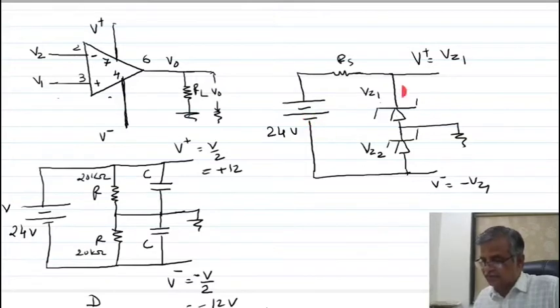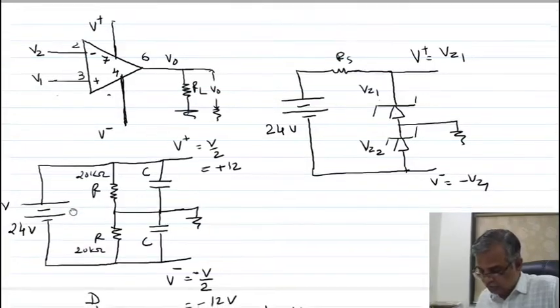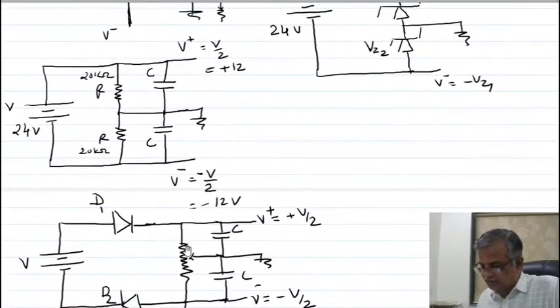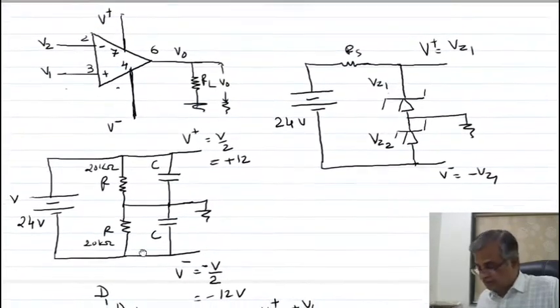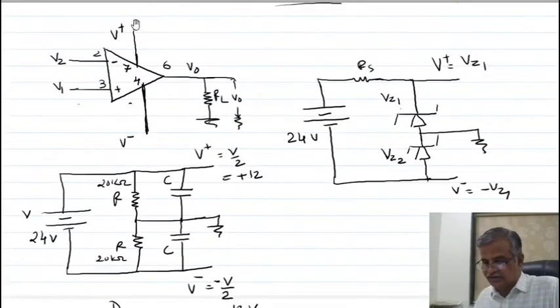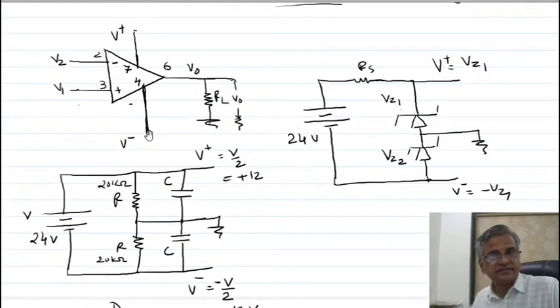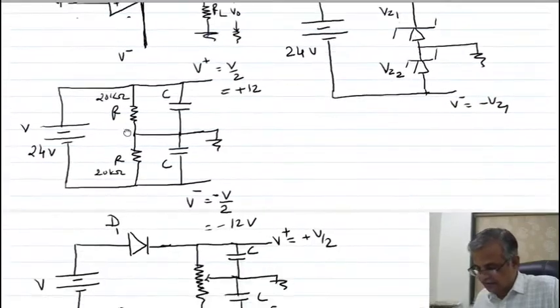See this way. You can connect here plus and minus, and ground is here. By this way also you can use a single power supply to get positive and negative voltage from this circuit, and you can connect here plus and minus. Rather than using two different power supplies, you can use this, or as I have already shown you previously, you can use a plus or minus 12 volt power supply.